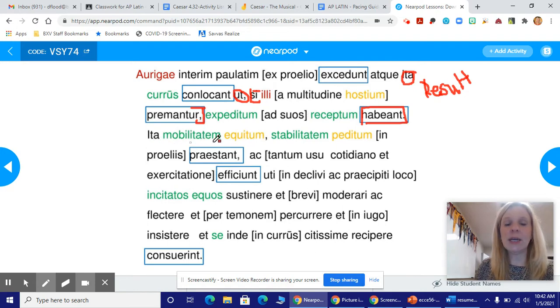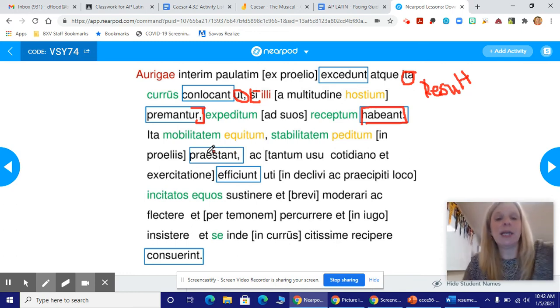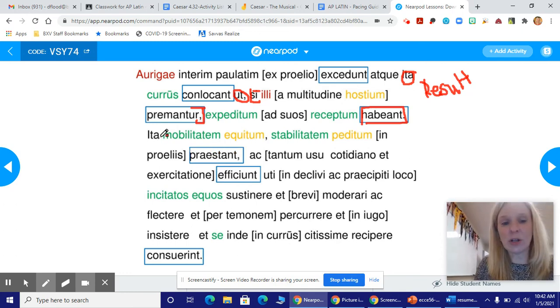Okay? Ita mobilitatem equitum stabilitatem peditum in proeliis praestant. And this is not a result clause, this is just "and so." And so they show the mobility of their horsemen and the stability of their foot soldiers in battle. They show or they offer. And